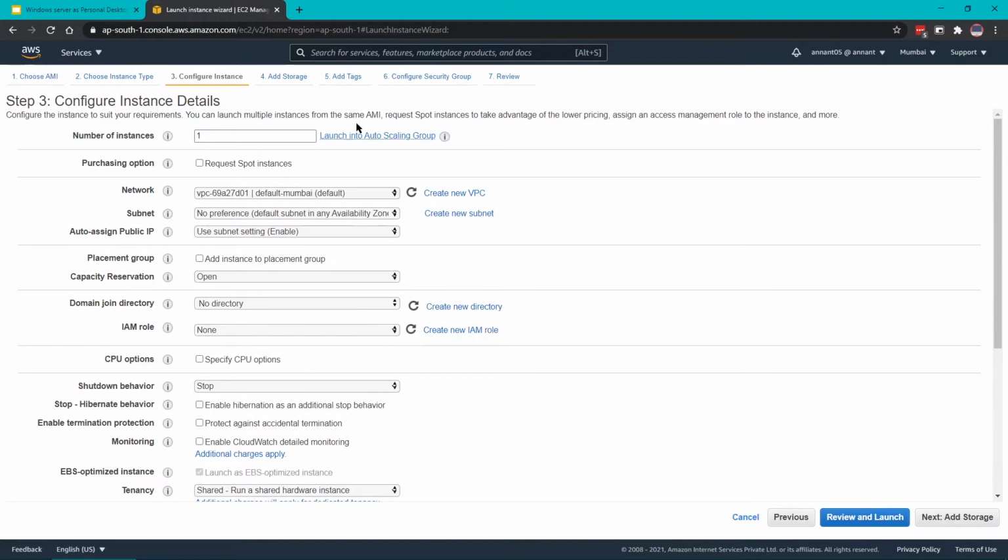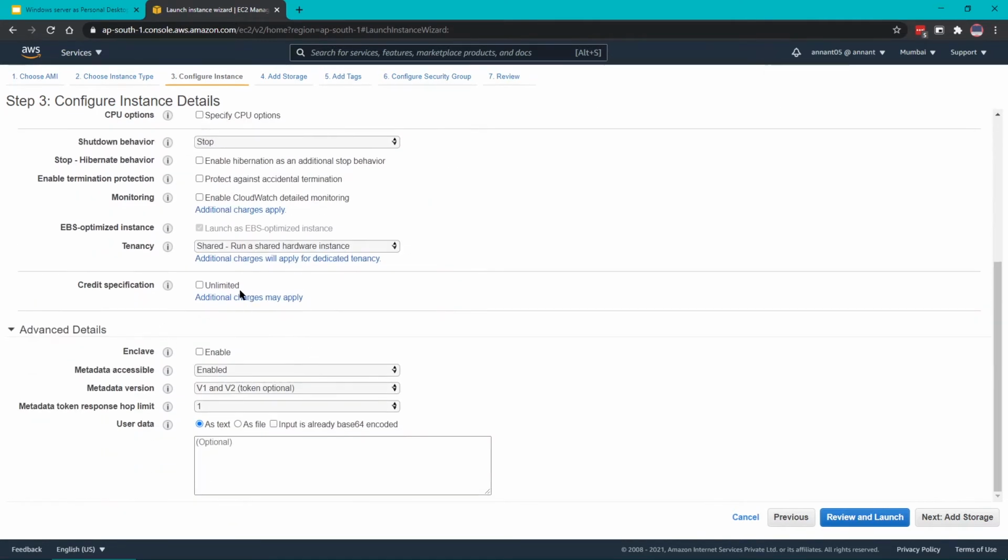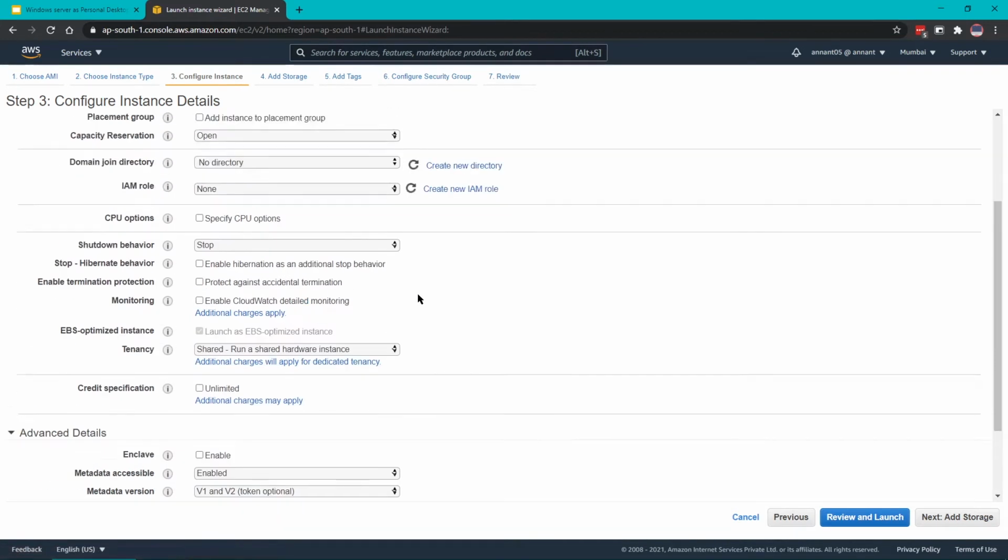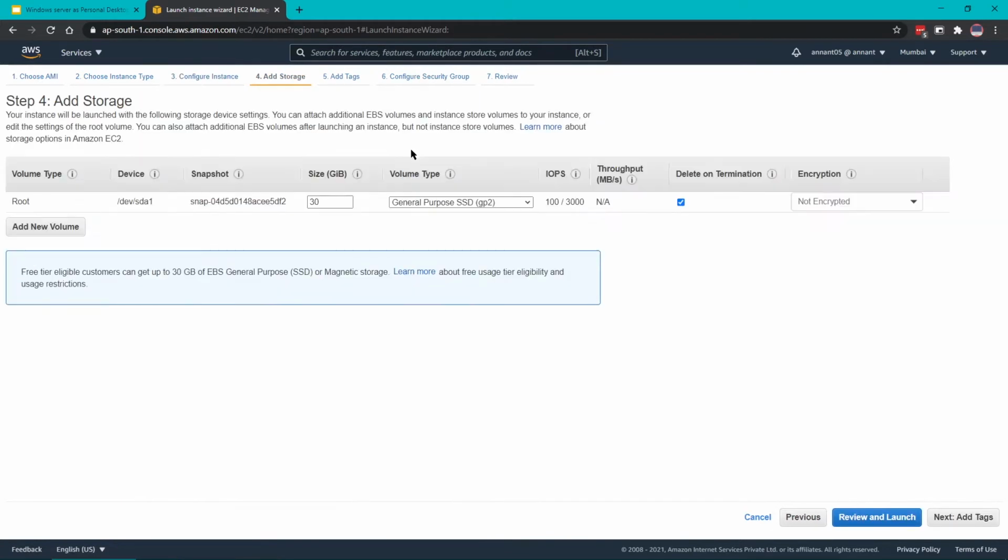Next we need to configure some settings here. Two things you would like to change. First, we will enable this so that we get a public IP every time to access the server, and for anything else just check this one. This should not be unlimited, to save costs. Okay, next we will configure storage, so you can leave it like that.